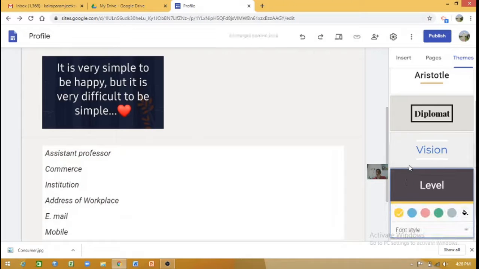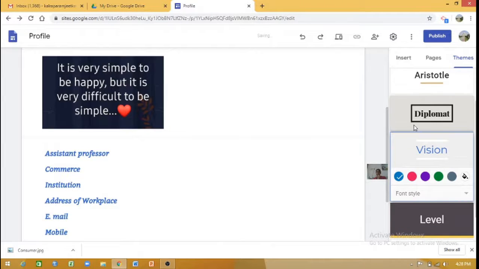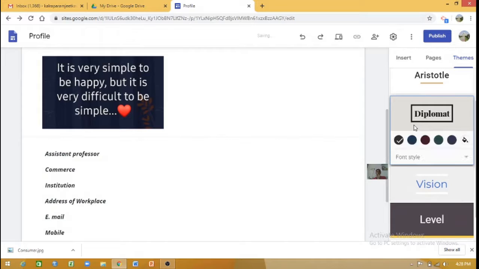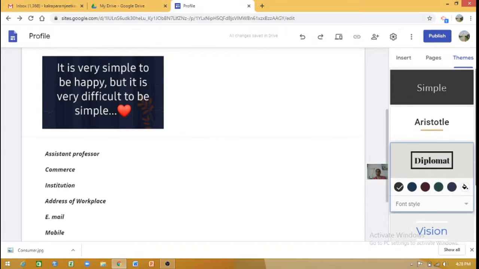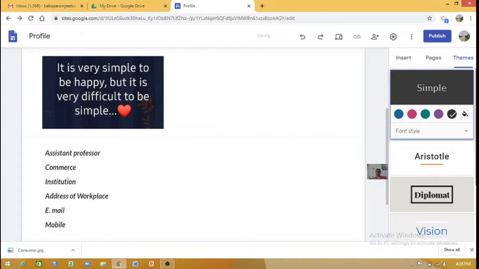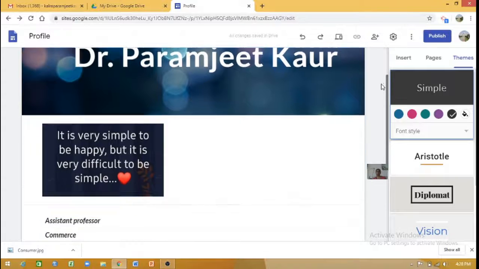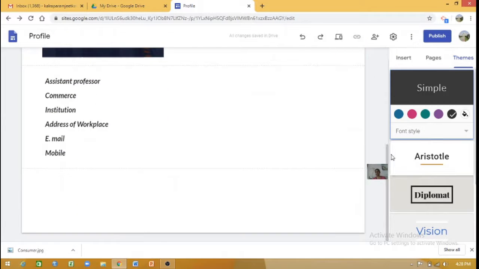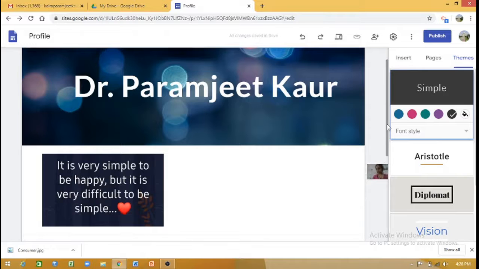If I make a change over here, see, you can just select any one, Aristotle, simple, whatever you like. So if you are making changes, it will be making changes to the front page of your website. So this was about the insert tab and about the themes.